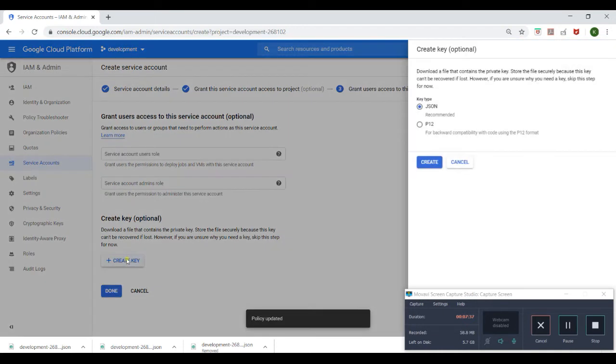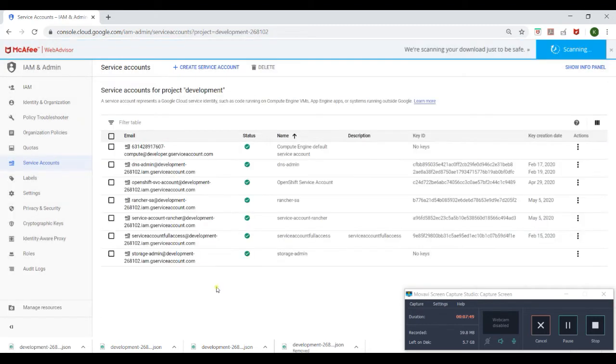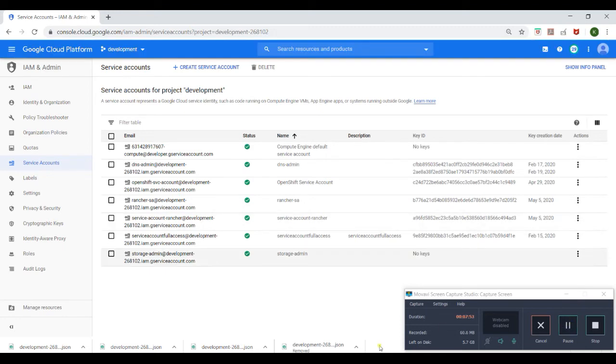Click create key, so download the key. Click done. Copy the key contents.